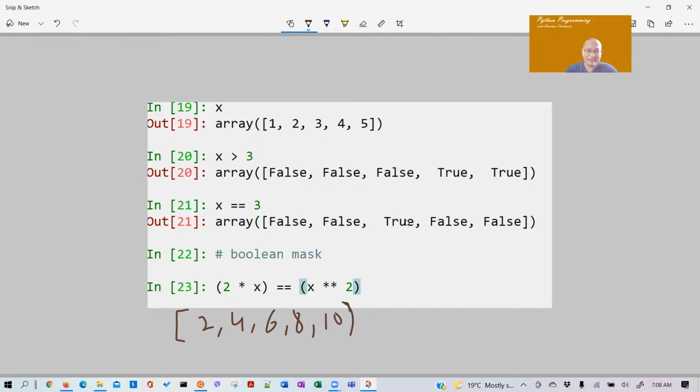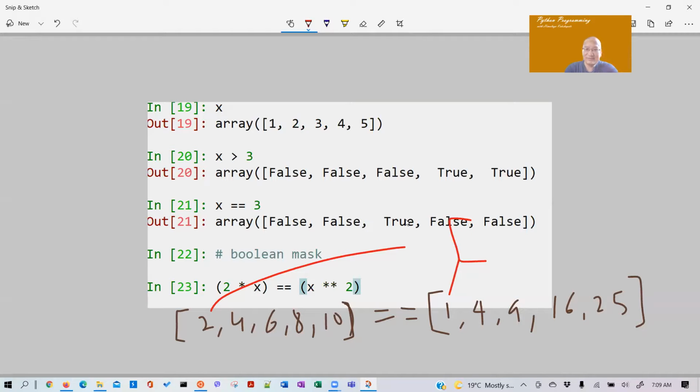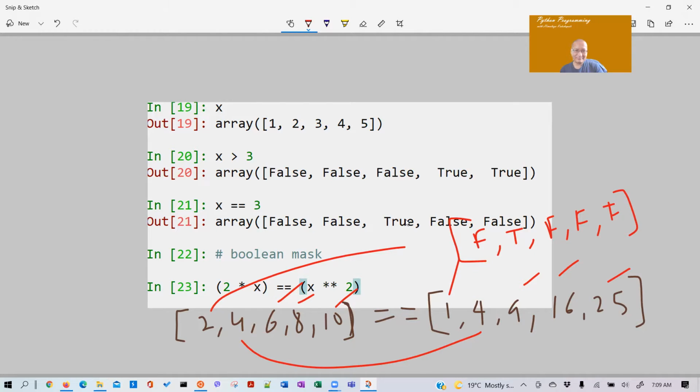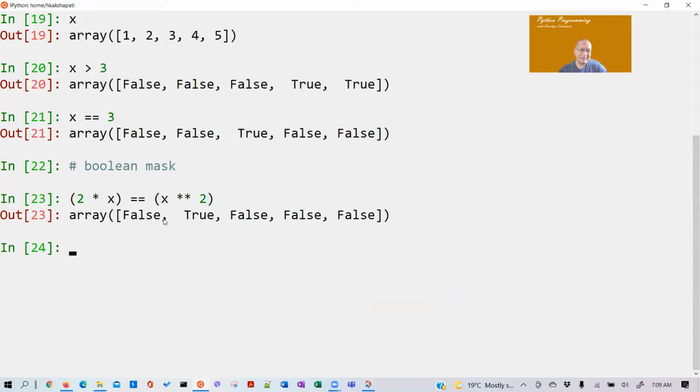हरेक एलिमेन्टलाई 2 ले मल्टिप्लाई गरेको हो नि त, हैन? अब अर्को के हुन्छ, x स्क्वायर्ड के हुन्छ, 1, 4, 9, 16, 25. भनेपछि यसमा एलिमेन्ट वाइज, is 2 equal to 1, true or false? पहिलामा false हुन्छ, नेक्स्टमा true हुन्छ, बाकी सबै false। यसरी पनि गर्न मिल्यो है।